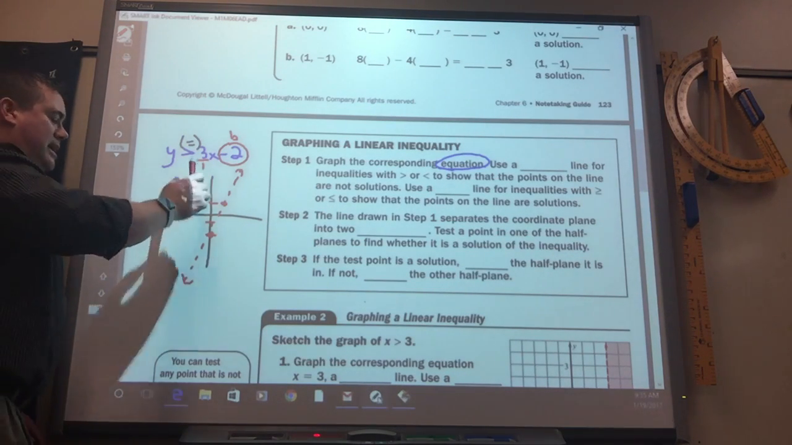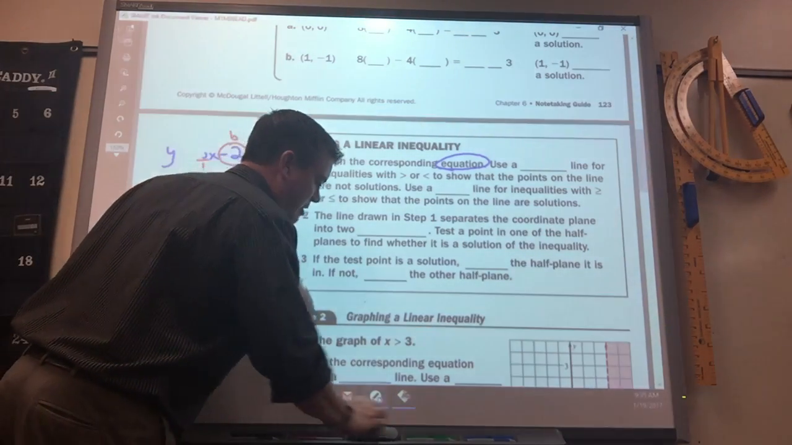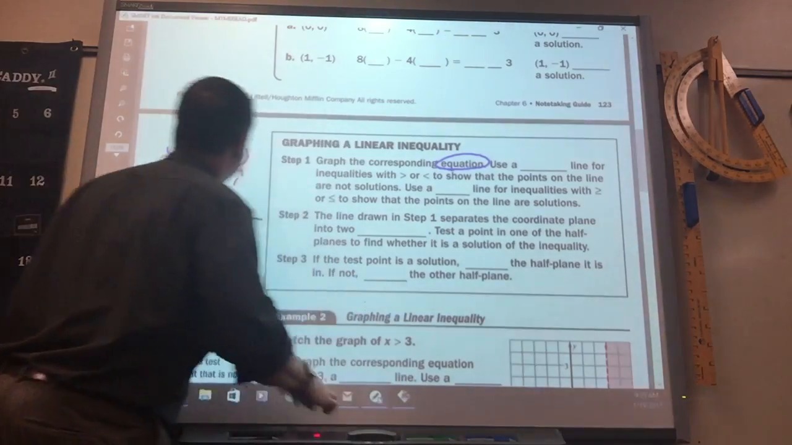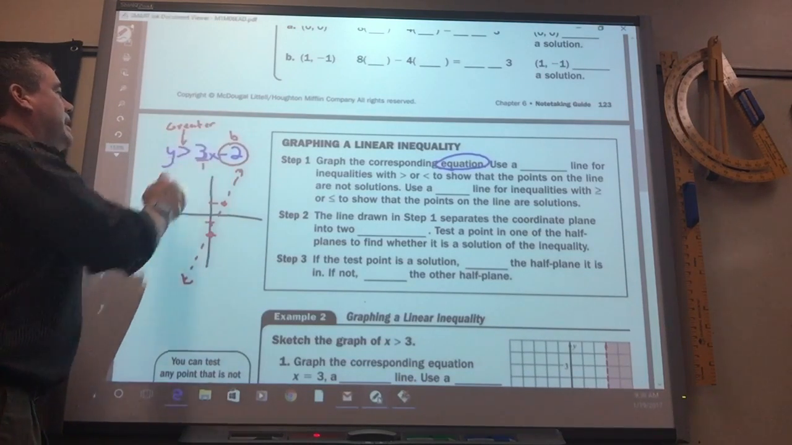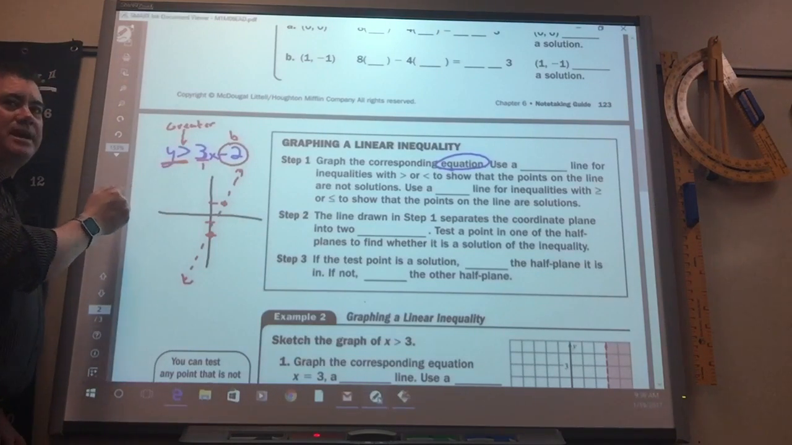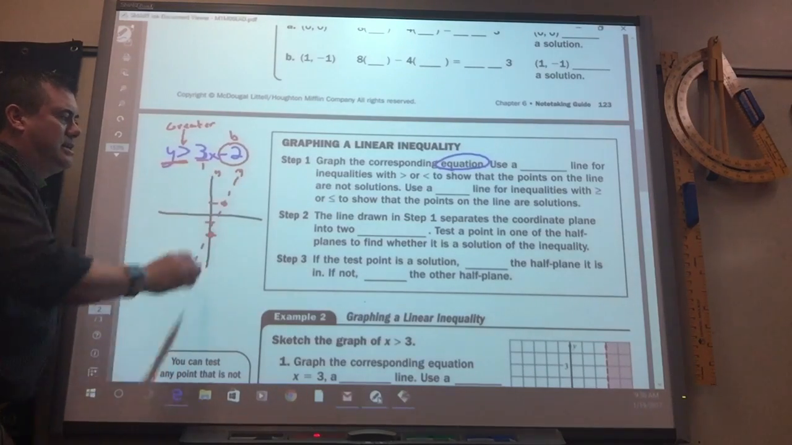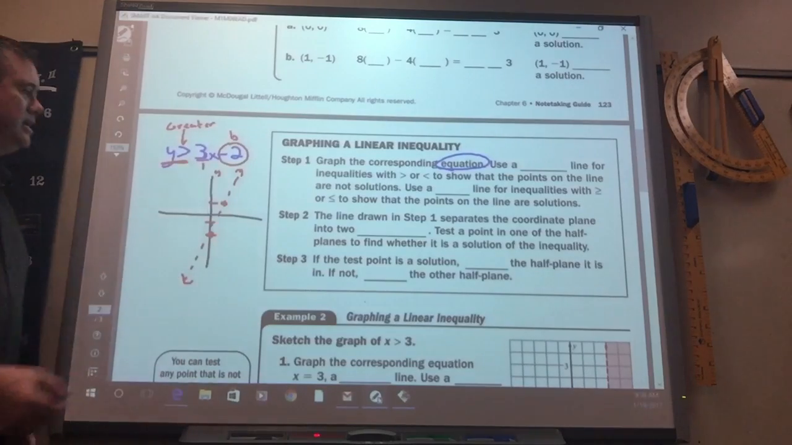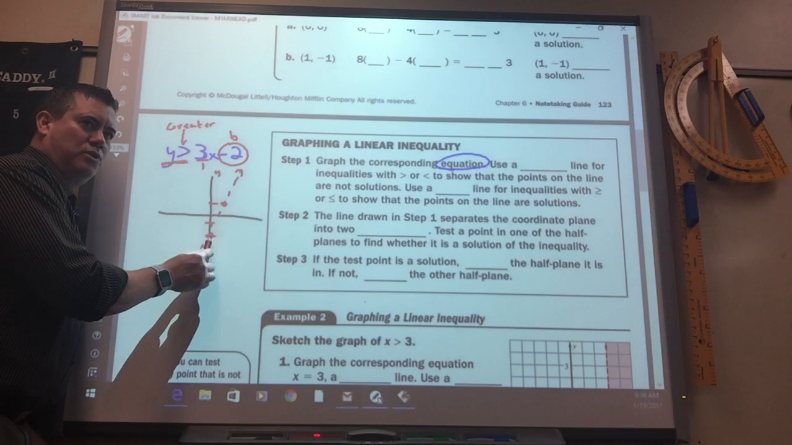So what you got to do is look at the sign. Y is greater than. Now, the y is greater than, right? Which axis is the y? Up and down. So the easiest thing to do is this, when you're trying to figure out where it's shaded, go to the y-intercept. If y is greater, you would go